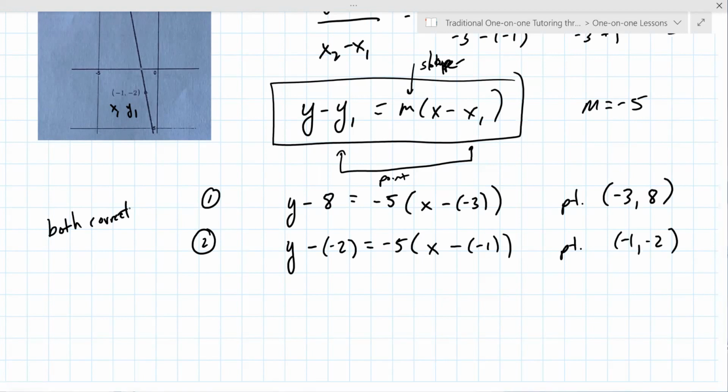Are you asking why they're both correct? Yeah. Okay, they're both correct because the point slope form of a line is going to change based on the point that you use. So rather than get into this discussion, I want us to solve both of these for y, and you'll see that they lead to the same line. All right. Is that almost showing the work for the graph? No, it's showing the work for